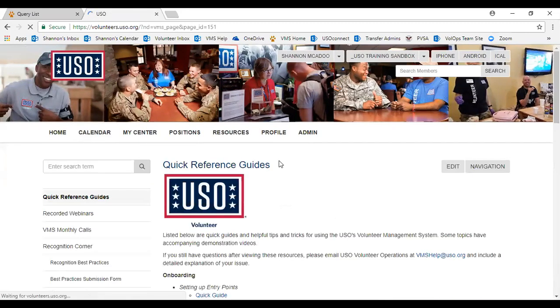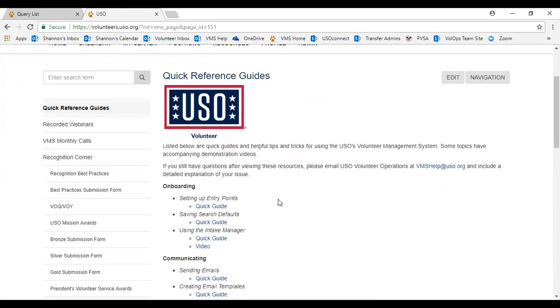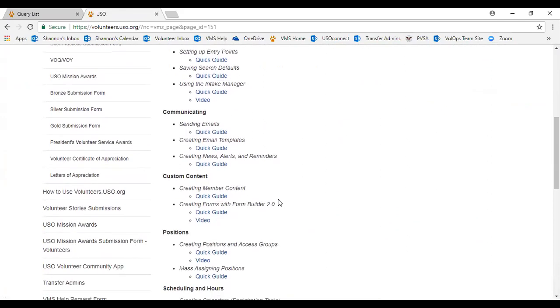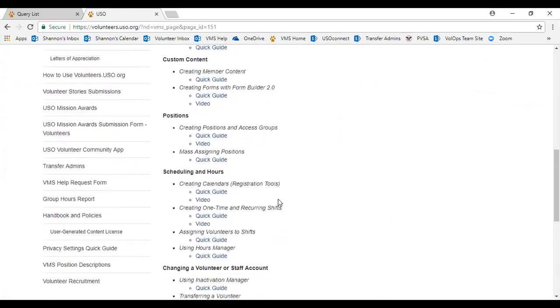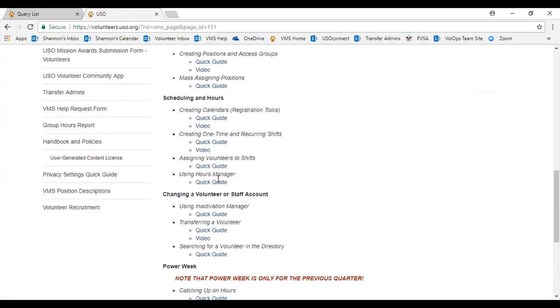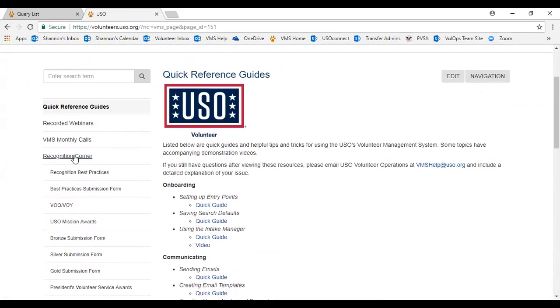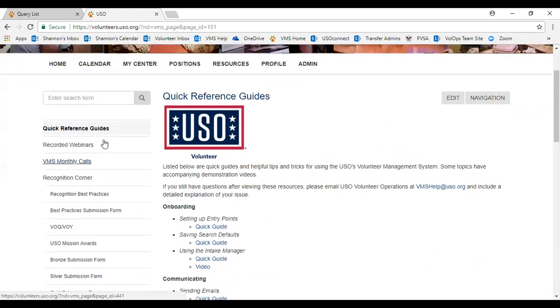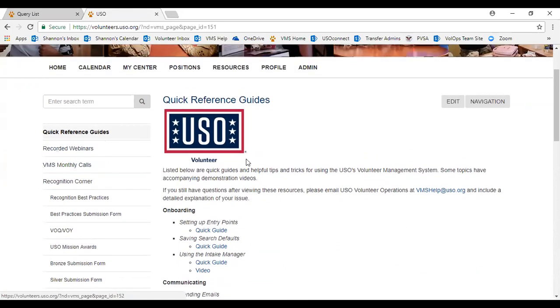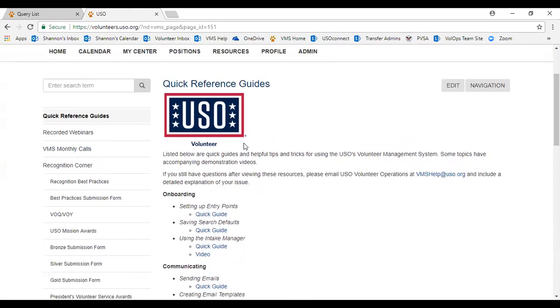Under Quick Reference Guides, you will find detailed step-by-step guides for many of the most popular tools in the VMS. Some of these also have videos. You can also find the USO Recognition Corner, archives of our recorded monthly VMS calls, as well as other recorded webinars. After checking all of this information, if you still have questions, you can email